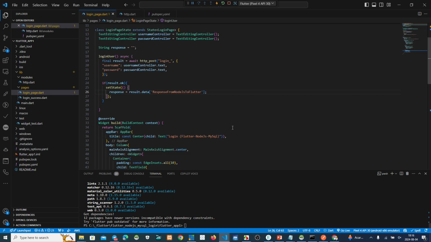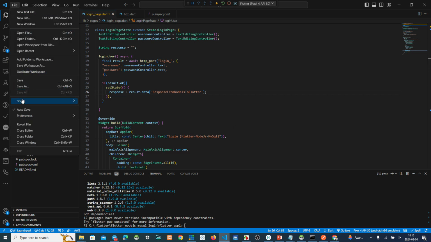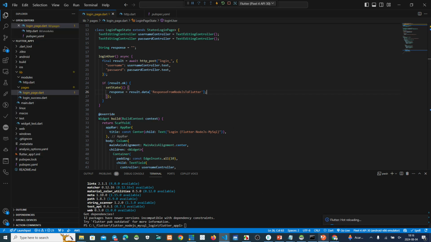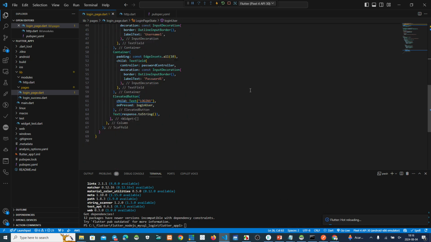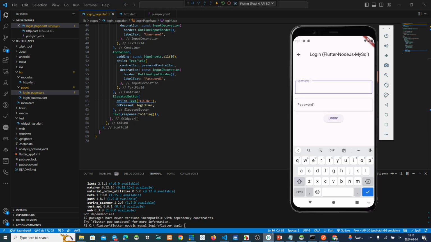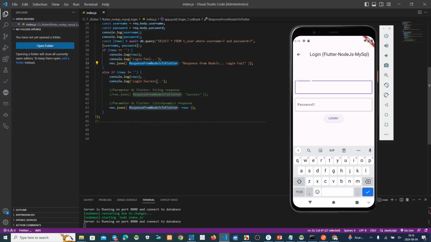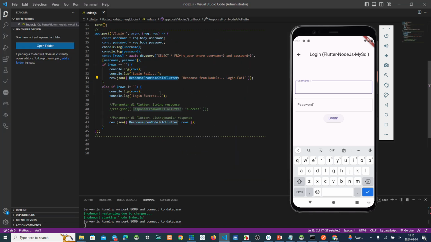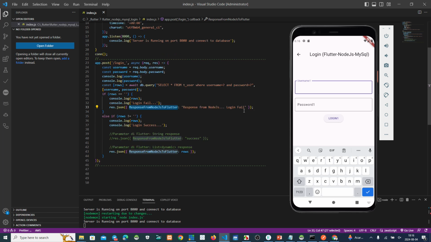Okay. Now we try to save this. Save. Okay. Now if the login is a success, we take this information, login success, yeah. Where is it?